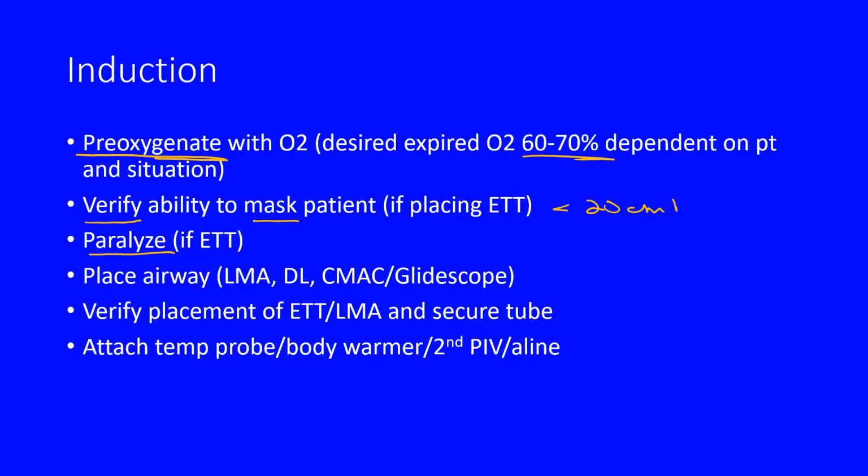I can feel when the paralytic has set up because it becomes easier to ventilate the patient. So once I decide the patient has been adequately paralyzed, I go ahead and intubate them. I remove the stylet once I make it through the cords and inflate the cuff of the ET tube. I hook up my circuit to the ET tube and ventilate the patient to verify fog, chest rise, and end